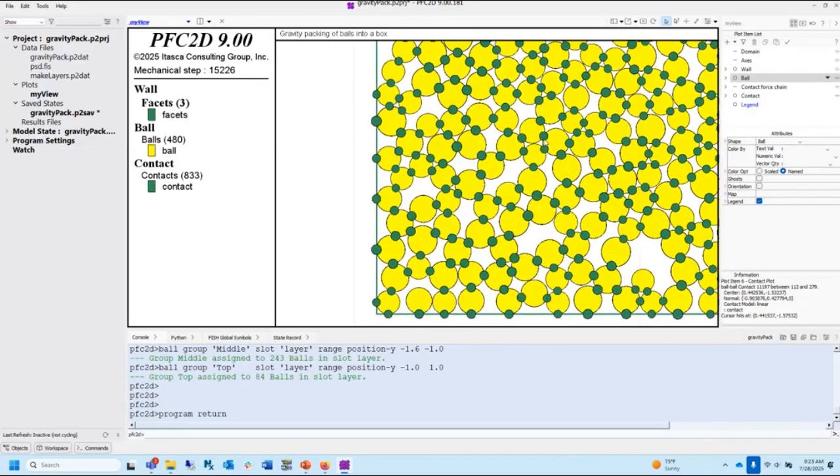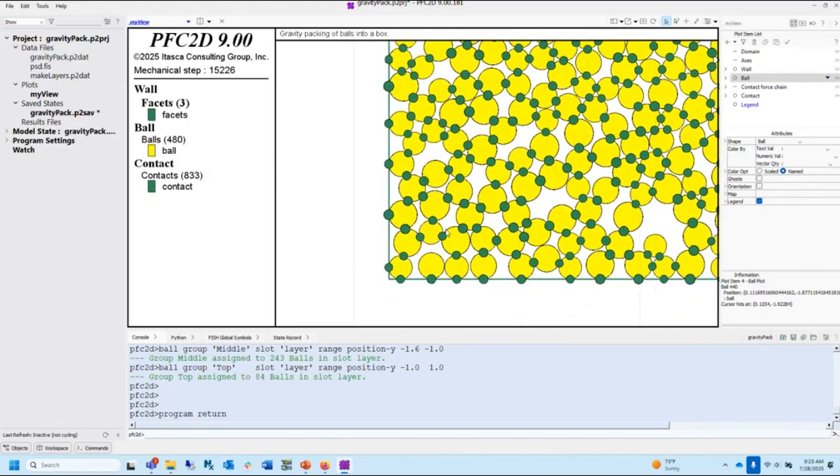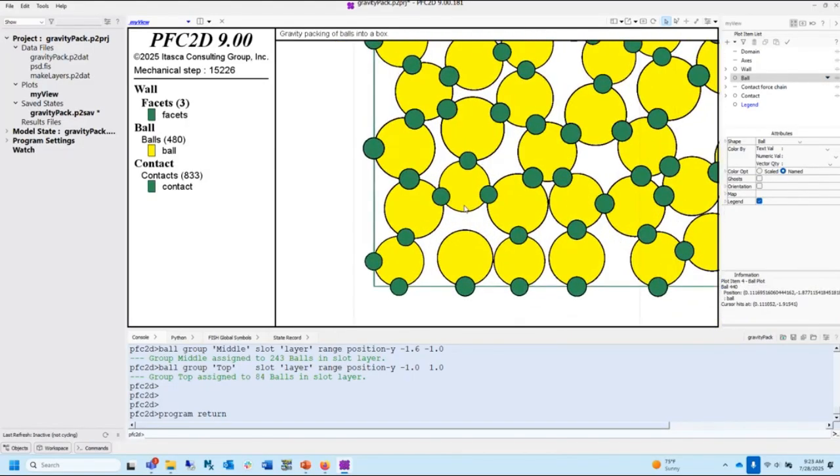Okay. And there's no grouping assigned with them right now. And as Young King pointed out, there's different types. There's also wall here. We're not going to worry about that for our system. Okay. And remember, we can look at the types of contacts based on if they're ball or ball facet things. We can see that too with the ball plot item. We say color by new,